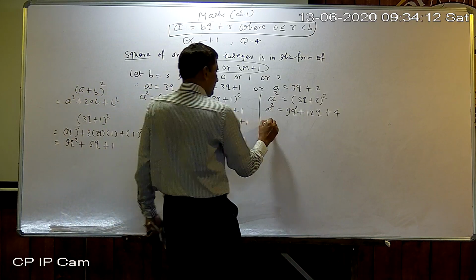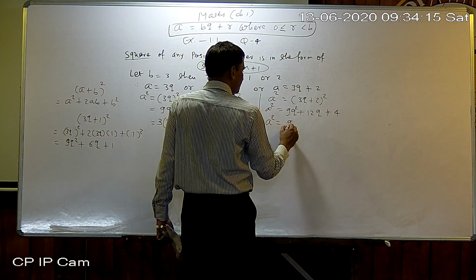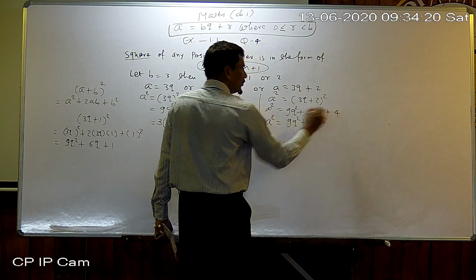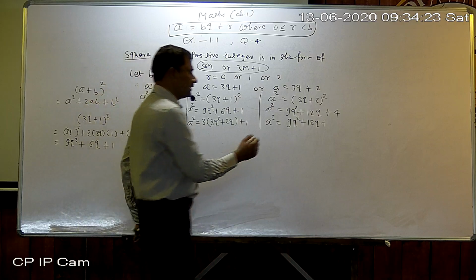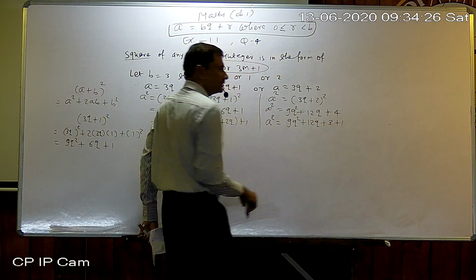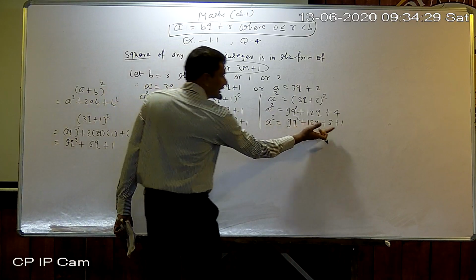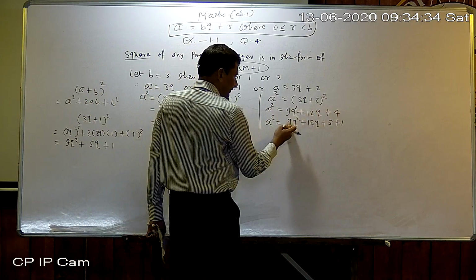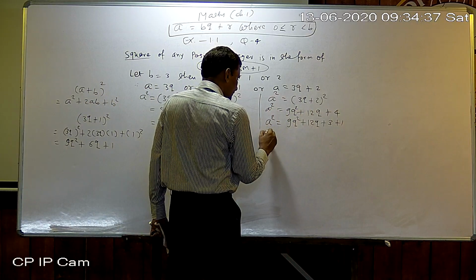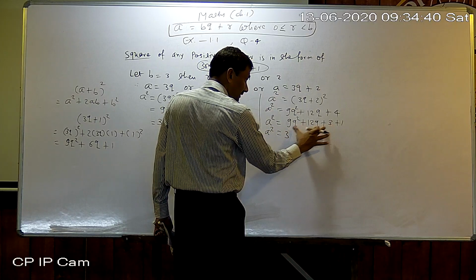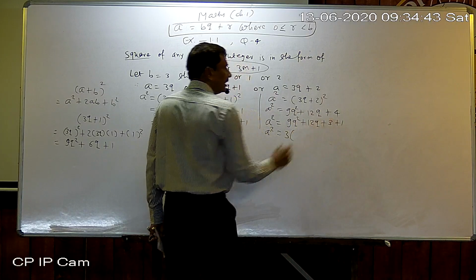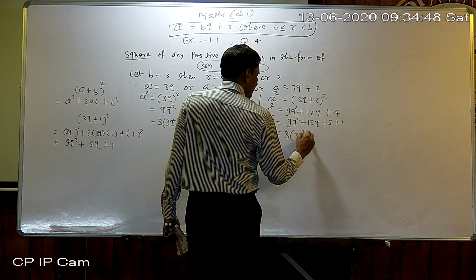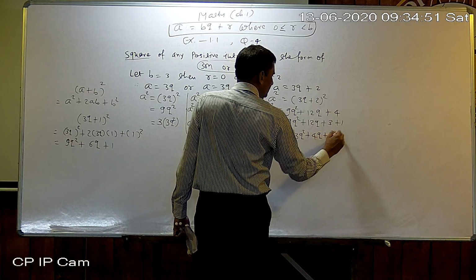Here also, a square equal to, first of all write this one in some different way. Why? Here 4 is greater than 3, so I can split that number this way, 3 plus 1. Why? So that I can take 3 common from the first 3 terms. If it is greater than that number, then you have to split this way only. Therefore a equal to 3 common out of the first 3 terms, not out of 1, so 3(q square plus q plus 1) plus 1.